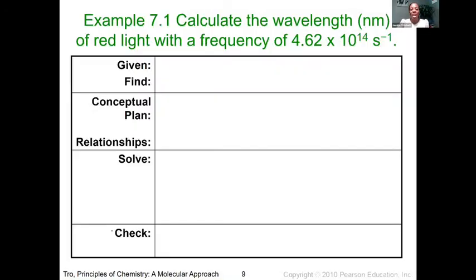So let's put that to action. Here it says we want to calculate the wavelength in nanometers of red light with a frequency of 4.62 times 10 to the 14 inverse seconds. With this type of problem, you'll want to ask yourself, what do I know? Because there are a lot of different variables here, you want to make sure you're staying on top of those. So we're looking to calculate the wavelength